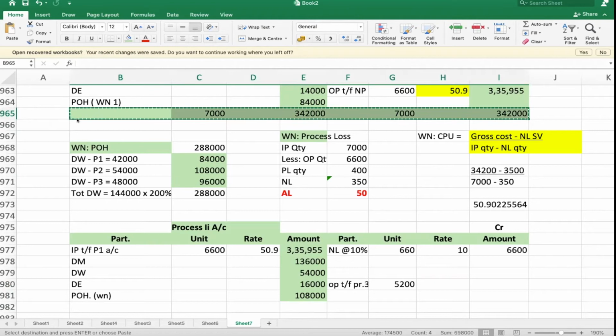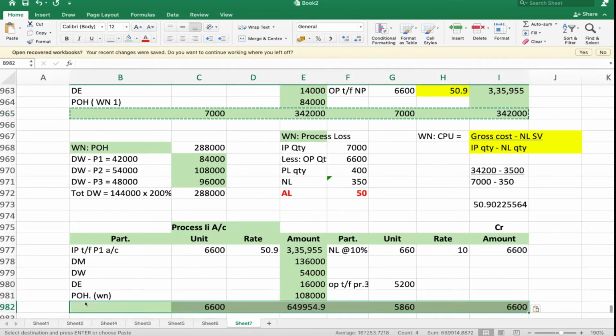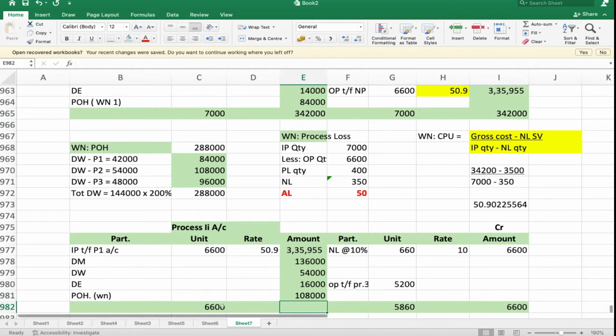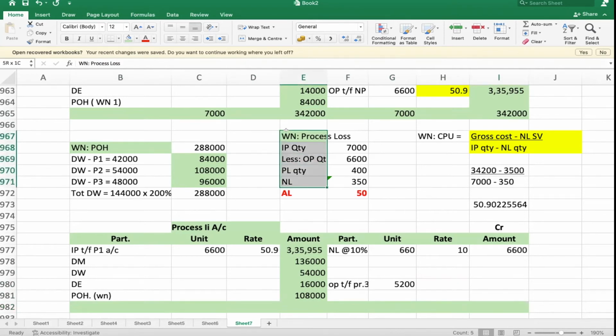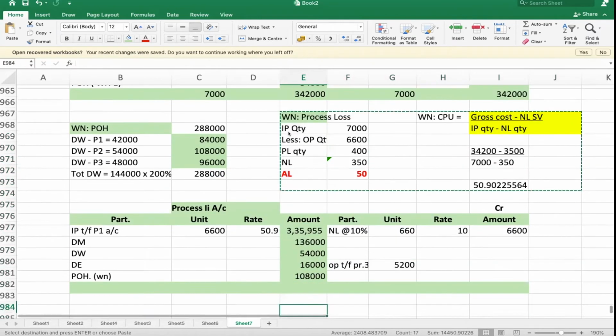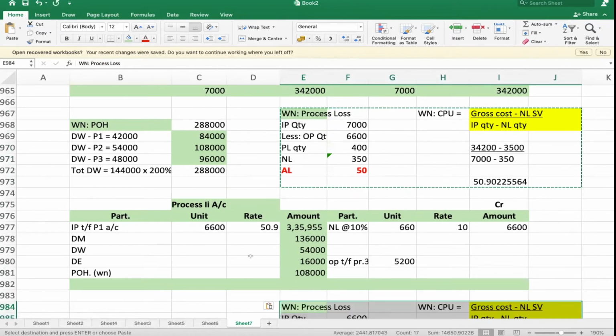So up to this stage, we have parked the information in the respective places. Am I right? Now next, what do you have to do? Working note. We have to calculate the process loss. Immediately, you have to prepare the working note. What working note first? Process loss computation and cost per unit computation. The two calculations you have to repeat.